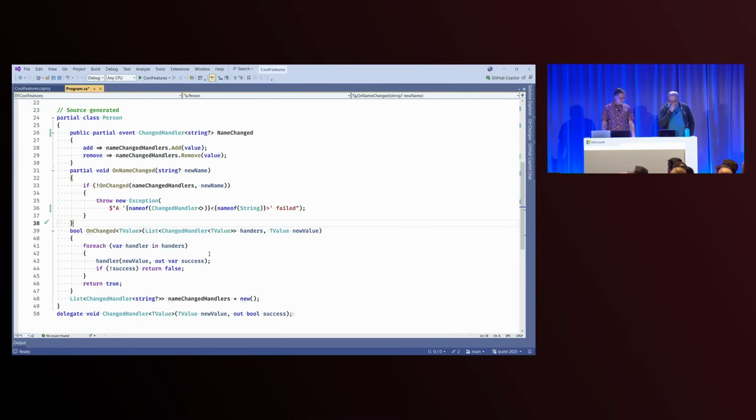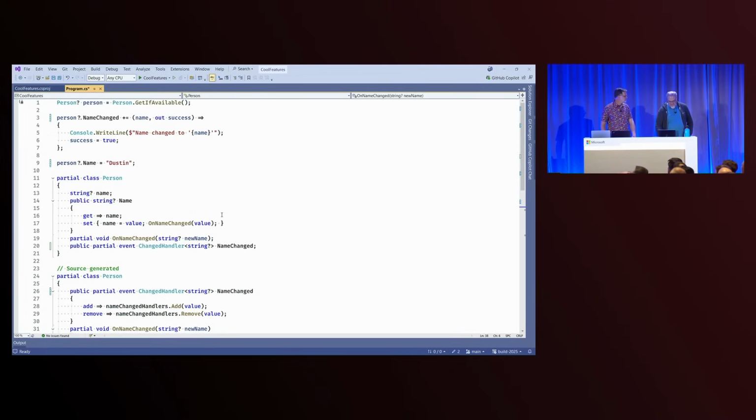I think we're ready to talk about fields, right? Yes. Okay. So this is a feature we talked about for some years, and it's finally going in now. Knock on wood. It's in. I'm demoing it in the product. Yeah, it is in. So the situation you have here is pretty common, right? Maybe you wanted to write an auto property, but you had to do just one little extra thing in the setter, like trigger an event or trim off the white space or whatever. And now you fall off the cliff, and you have to write the whole